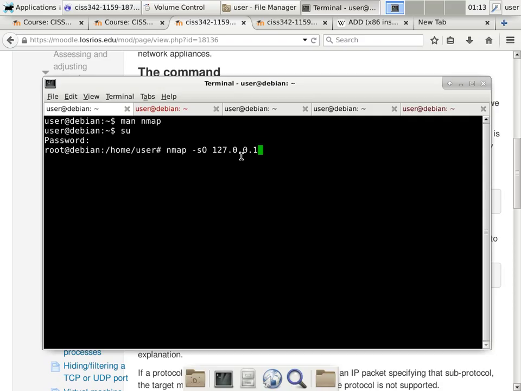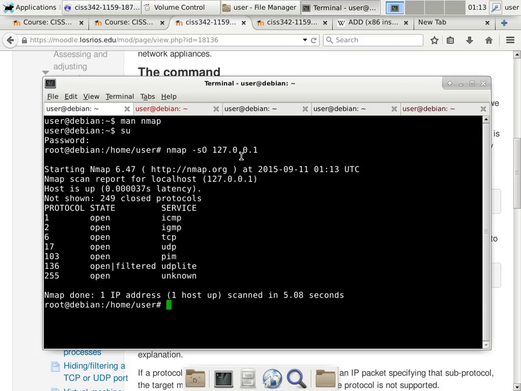Yep, go ahead. I was going to say, isn't that the loopback address? Yes. Yep. So we are only scanning one particular interface of the machine. This won't trigger anything from the outside because we are not even talking through the network cards. But yet it can still give you some information. Just give it some time to run, and it will come back with an answer. Okay, it will come back and say, oh, okay, these things are open, right there.